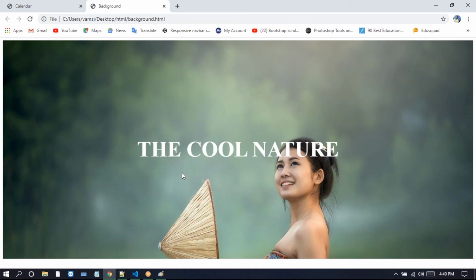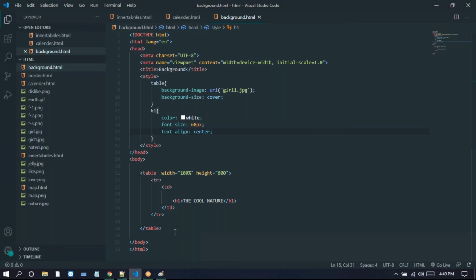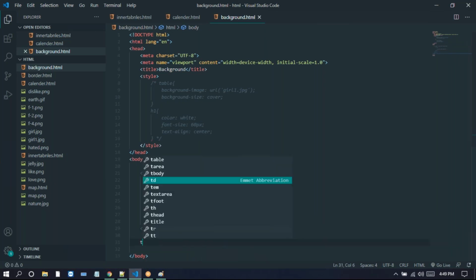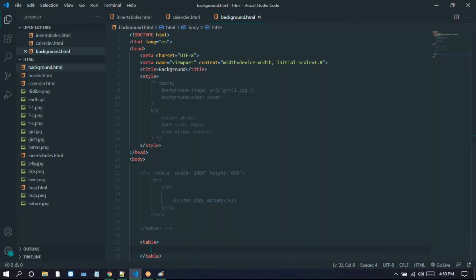Now not only this one, we also create a flag, like a flag symbol. So I just put this one in a comment, since I don't want it. Here also, I put it in a comment. Now here I'm taking a table. For this table, we just give the border. For this border, we just give the height and width.